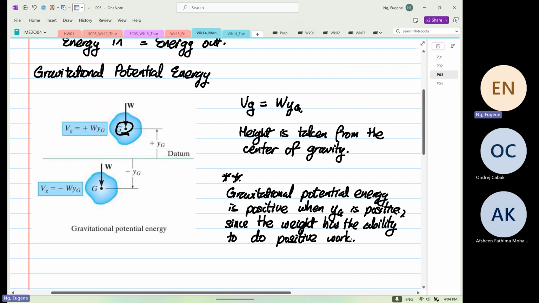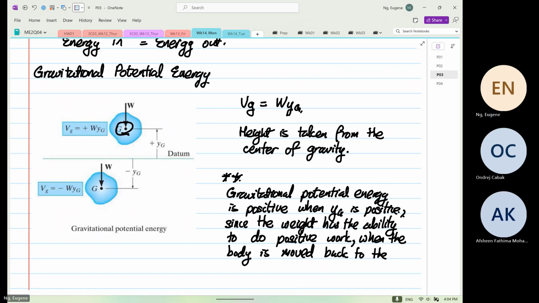Okay. When the body is moved back to the datum. So in any problem, you have to